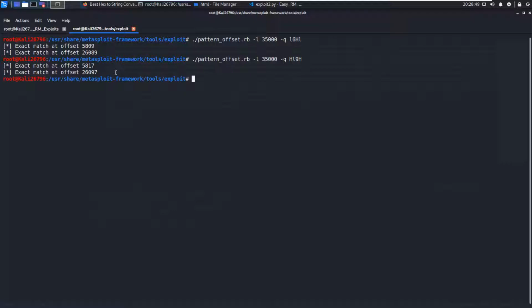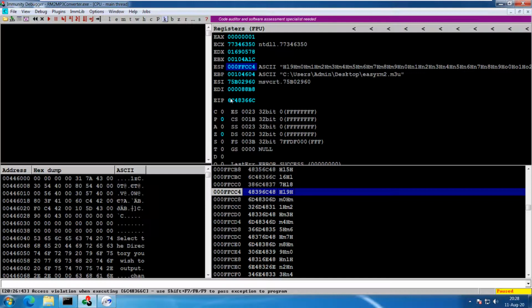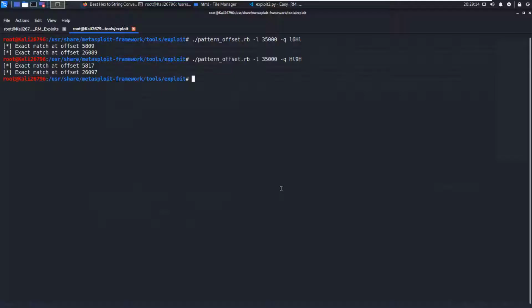Followed by that, to override the EIP, which will be 4 bytes, 26089 means 26093, then again 4 more bytes, and then we reach ESP, right? This will be clearer when we see it graphically.